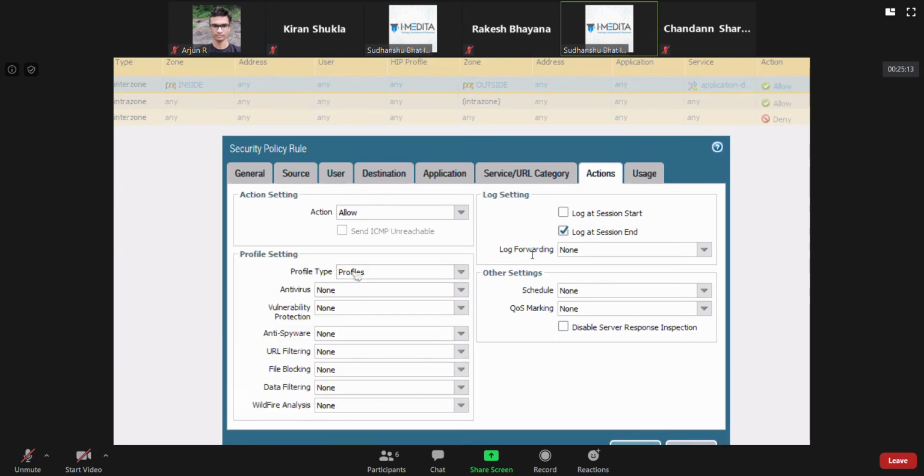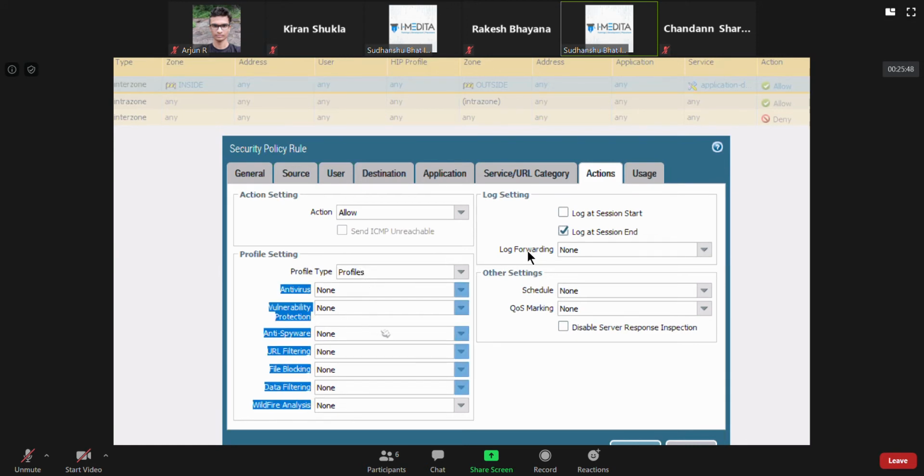Okay, so did you get the point? There's a very big difference between a security policy rule compared to a security profile. Once you have made them, you can select them from the drop down. Default ones are already there, you can select and apply them. This is what we are going to take time in explaining today, maybe tomorrow as well.